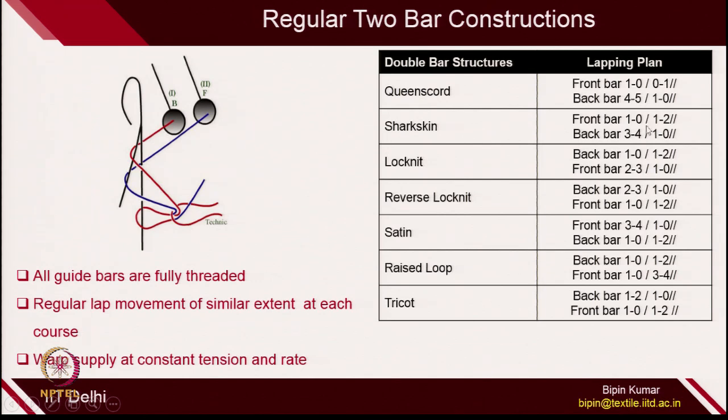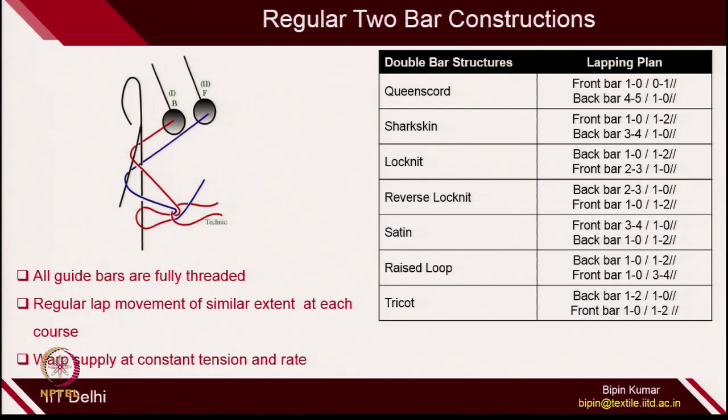Sark skin has underlaps, but to a smaller extent in the front bar, so that is also very rigid compared to lock knit. If you want a more extensible structure, the satin is the most extensible one because it has the longest underlap in the front bar. So, if you have more and more underlap in the front bar, you will get very high